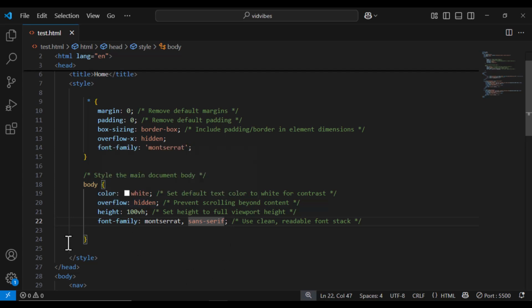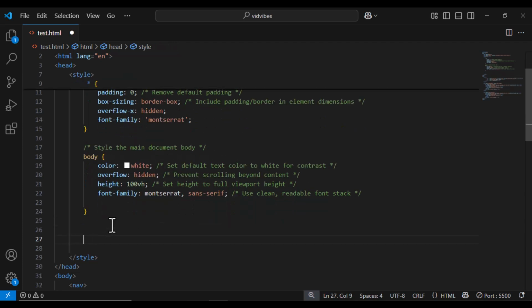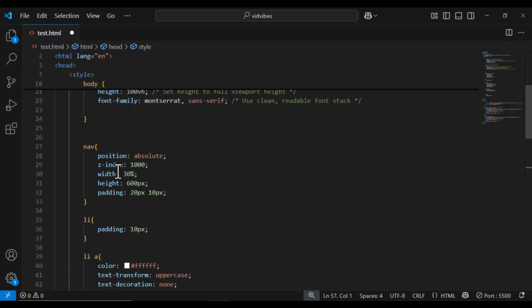Overflow hidden. I don't want any scrolling. So it says prevent scrolling beyond contents. Okay, that's why I included the comments so that it will be easy for you in case you don't know what is going on. All right, so let's move on immediately. Again, please just pause the video if you don't want to download anything, just pause the video and copy it from here. All right. Now we have